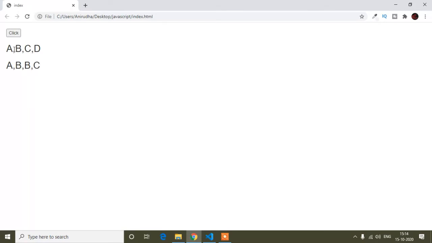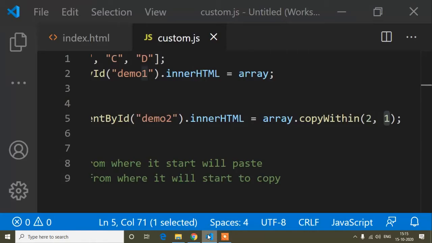So that's why it copied from number 1 position. So A is index 0 position, B is 1 position. So it starts to copy from B and it pastes in number 2 position.